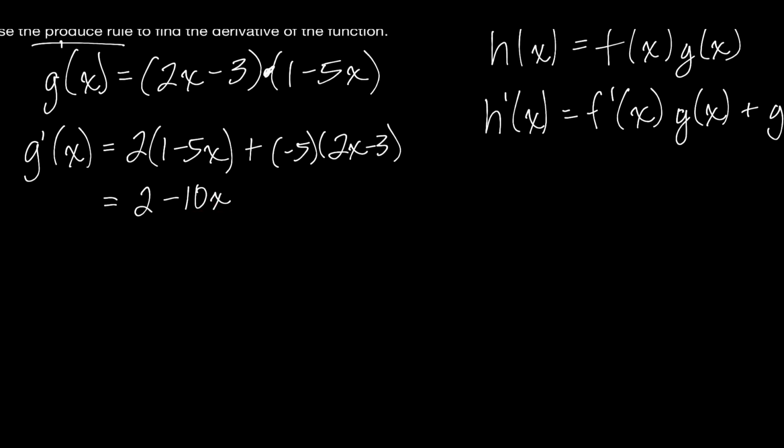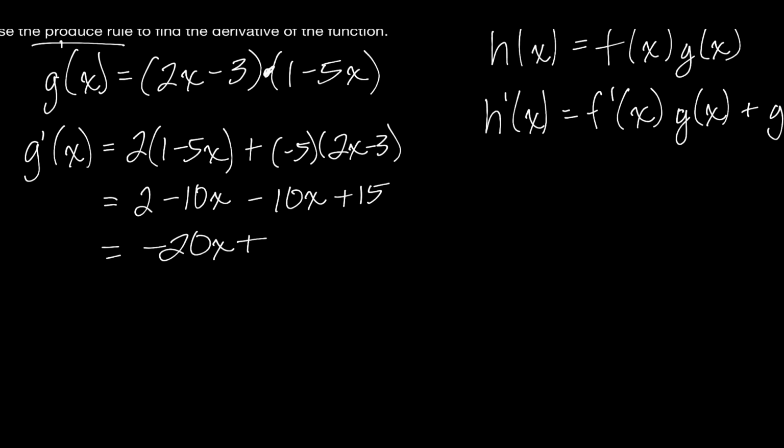Then I will distribute this negative 5, which would give me minus 10x. Let's see, minus times minus, that's a plus. So plus 15. Then I can go through here and I can add my like terms. So I have 2x terms, I have 2 constant terms. So that would be, let's see, negative 20x